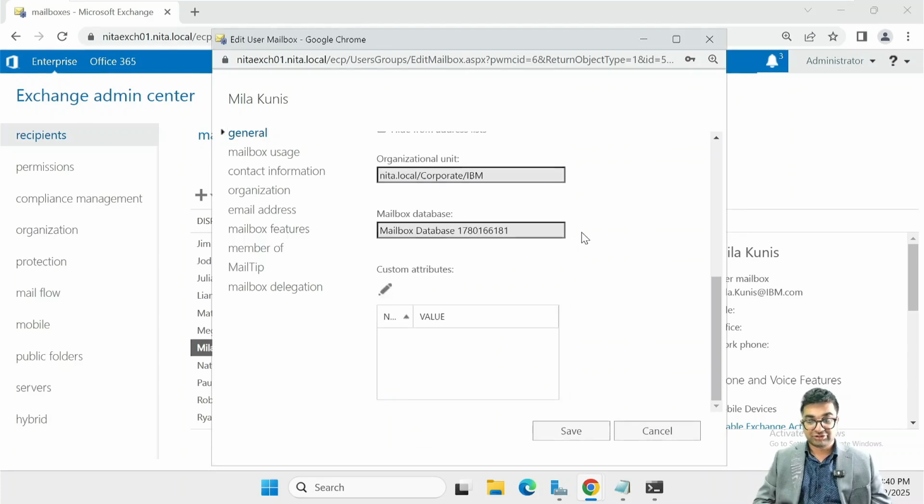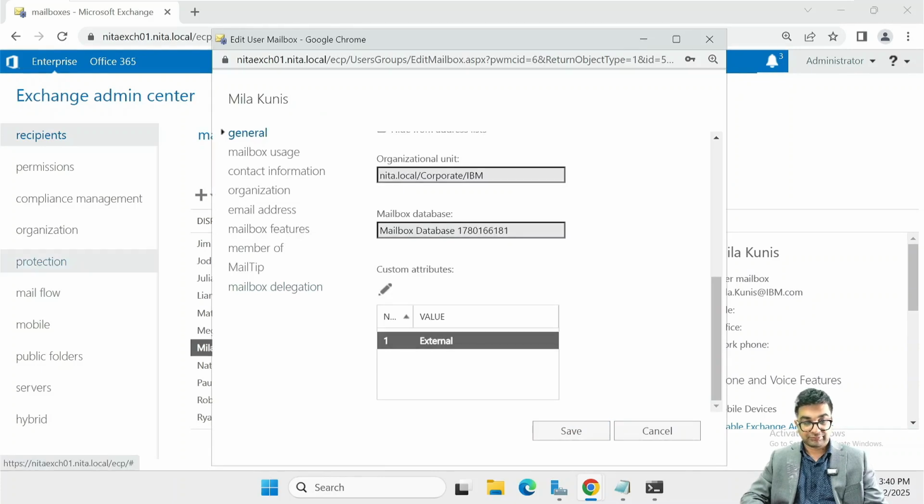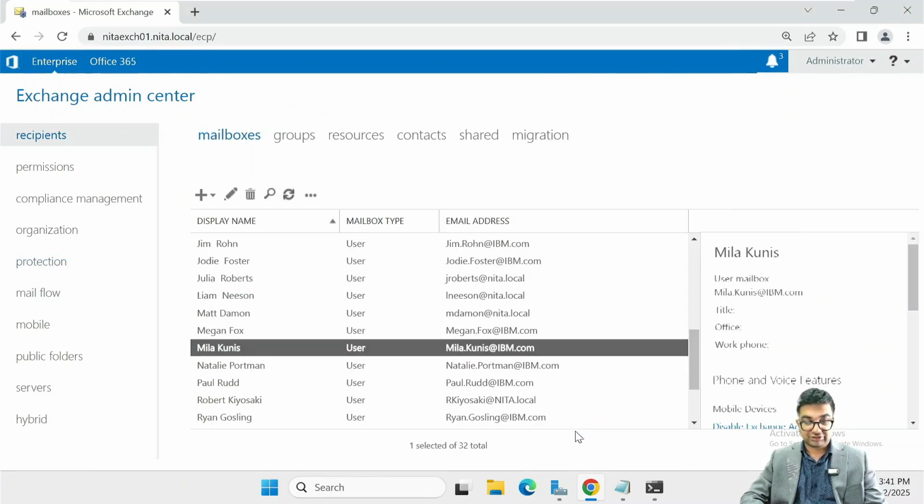Click on more options. And under custom attributes, I'm going to click on edit. I'm going to type in external for the first custom attribute and click on OK. Then click on save. Now, once this is done,